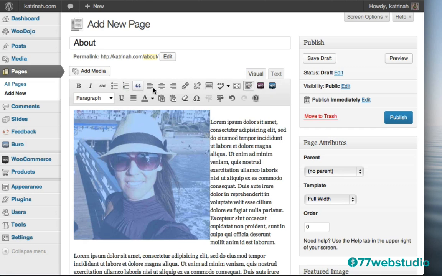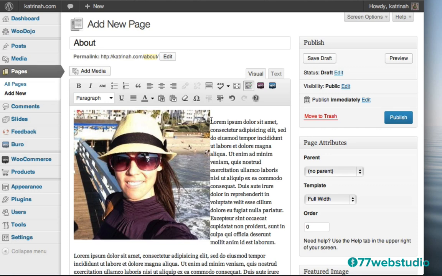So this works just like an email or any kind of word processing system. You simply want to highlight whatever it is you want to format, and then just click on one of these formatting icons. Now you don't have to remember what all these icons are. If you just hover on top of it, you'll get a really cool little tooltip that will tell you what the icon does. So this one, for example, is bold.